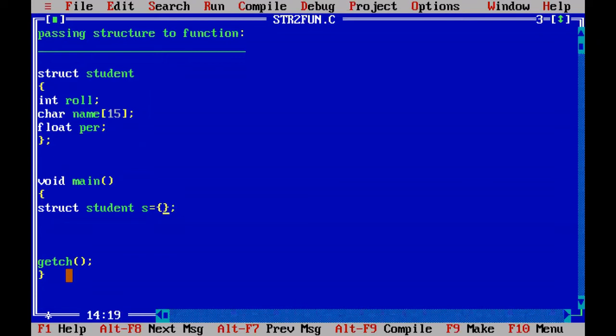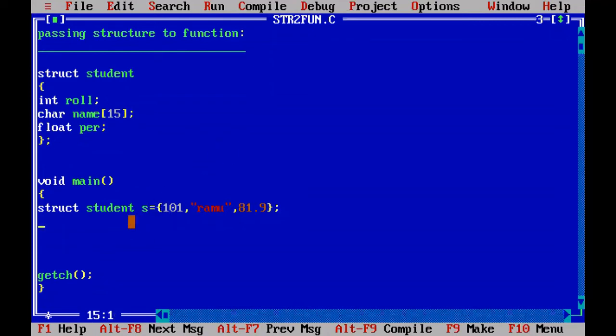The first value is 101, and the second value, name, within double quotation marks, Ramu, because it is a string, comma, the last, percentage, I'm writing 81.9, which is a floating point value. So 101 will go to the roll number, Ramu will go to the name, and 81.9 will go to the percentage. The structure is ready.